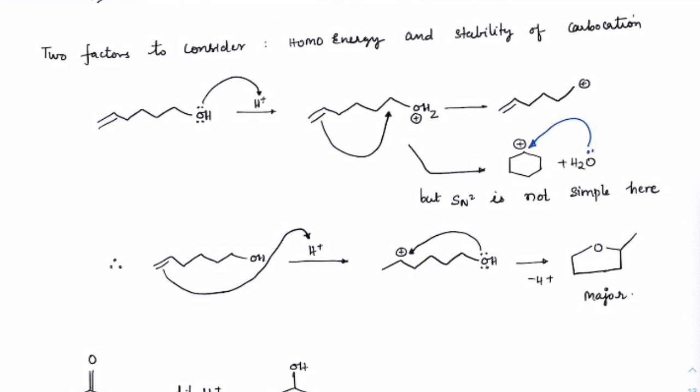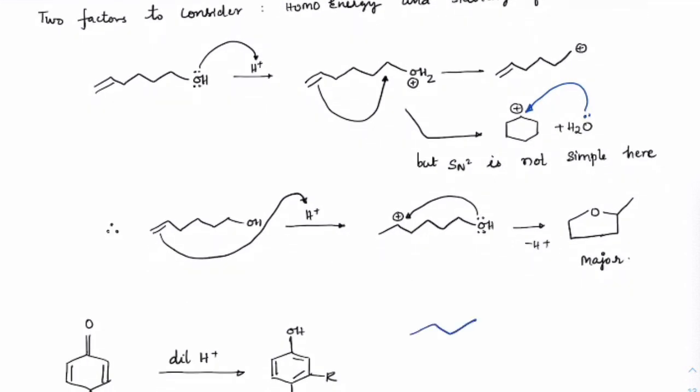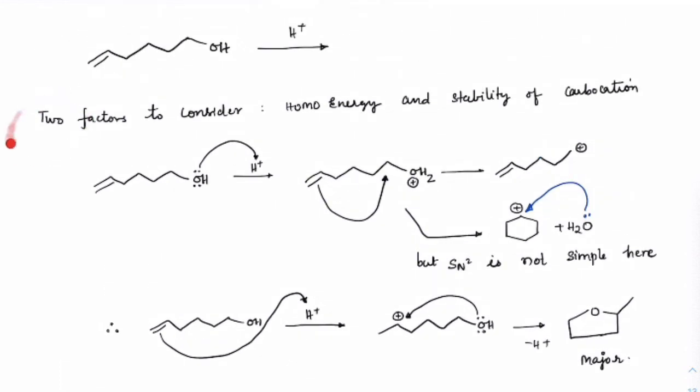Now if you come across the thought, sir, what if this side it is secondary and this side it is also like this? These things we cannot comment on, because both the products will come, but how much amount we can't decide. But if the case is clear cut that the alcohol is primary and this is how it is, then definitely this is the case. Okay, so this is an important question which is there in your book, so please make sure you understand this.